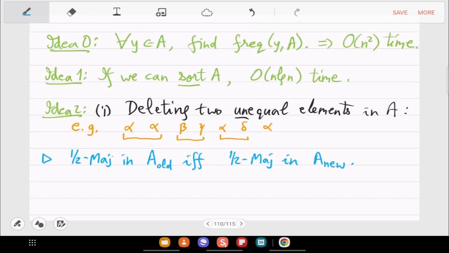Although the result should not change, let's take strictly greater. Sir, I can make an example in which, if we consider greater than or equal to, then it is not. Perfect. So then we have the correct definition, so we stick with strictly greater than. Okay, so that is the first property. That half majority may or may not exist, but whatever the case, when you go to the new setting, after this deletion of two unequal elements, the property is preserved.